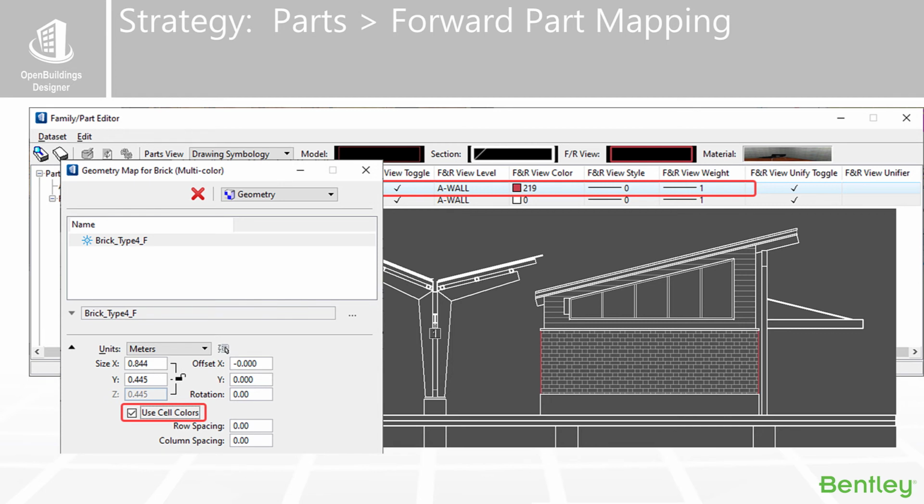For instance, back in the material editor when you assign that geometry map, you can see there's an option that says use cell color. That is the reason I customized my own cell library. I went in and changed all the cells to have a gray color, and then I selected use cell color. That way, that overrides your family and part forward mapping.